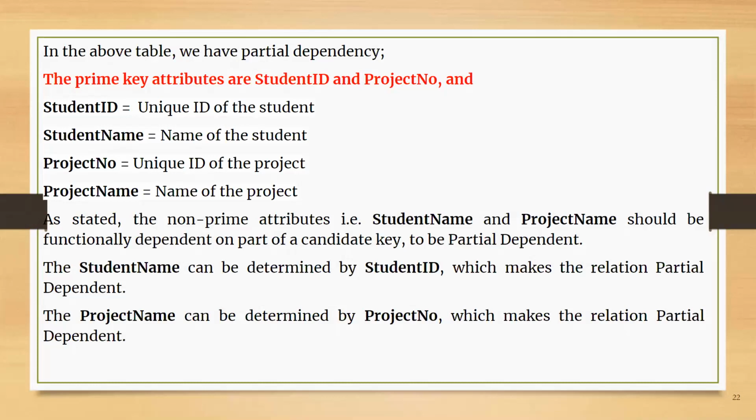Project name is dependent on the project number, which makes the relation partial. Even though you have 2 primary keys together, your attributes are dependent on only one of them, because if you divide this, you get 2 different tables, a student table and a project table. So the records themselves are also dependent on their primary key values.